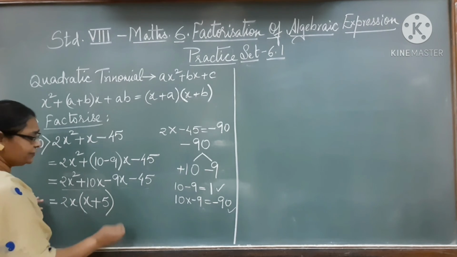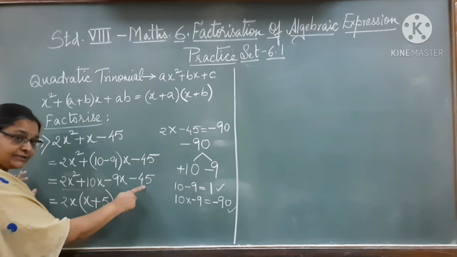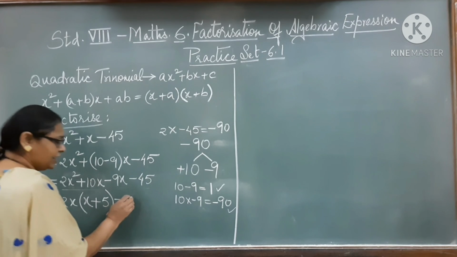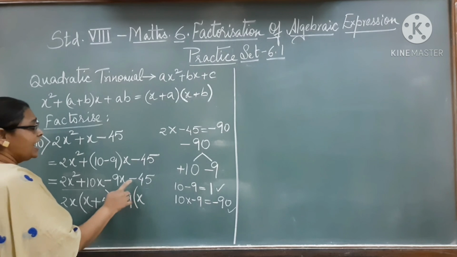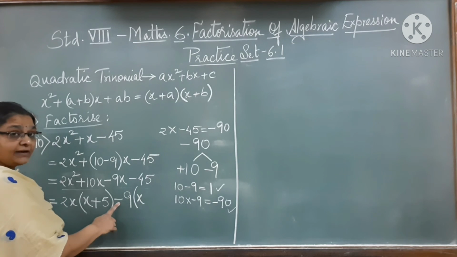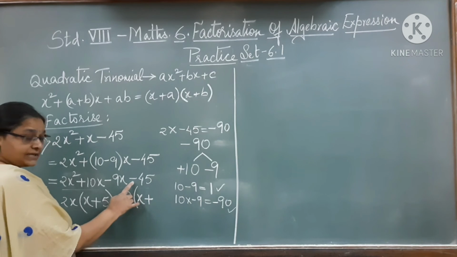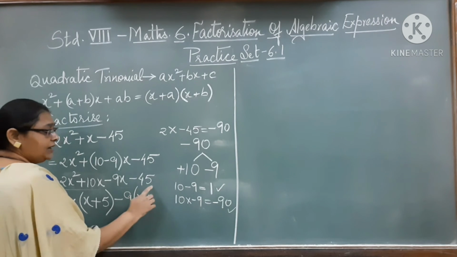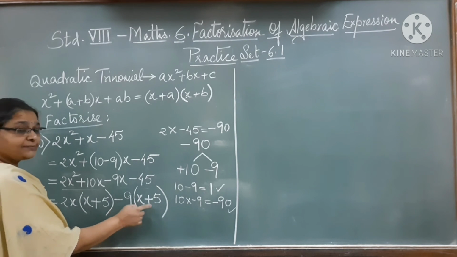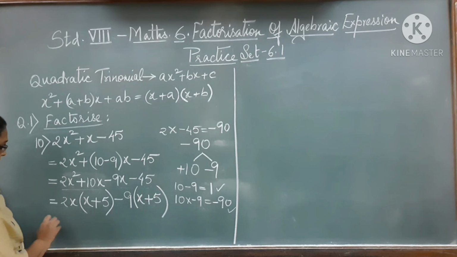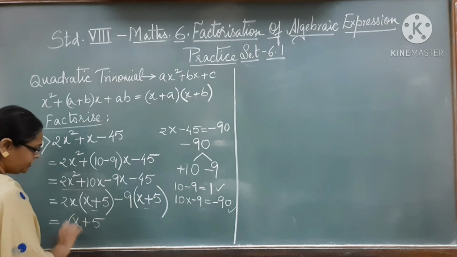Now let me take up the second group. I have a negative sign in between, so let me write the minus sign as it is. Now here 9 and 45 are multiples of 9. So let me take 9 outside multiplied by x plus 5, because minus into plus will be minus, 9 fives are 45. So I have got here 9 into (x plus 5) as a factor. Now let us find out which are the common factors here. The common one is x plus 5 and